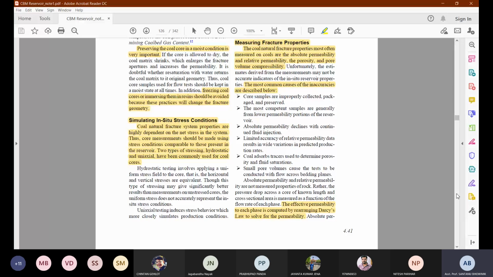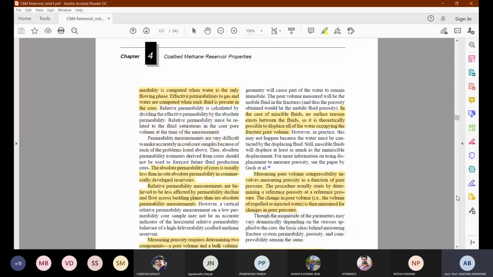Now, to start with the discussion, we have seen that there are three types of permeability. First is the absolute permeability, considering total 100% saturation of the water. Second is the effective permeability, taking the concept of the irreducible water saturation or immobile fluid saturation. And the third one is the relative permeability. The base is the dry gas permeability, and the relative permeability is measured based on the ratio of the effective permeability to the base permeability.